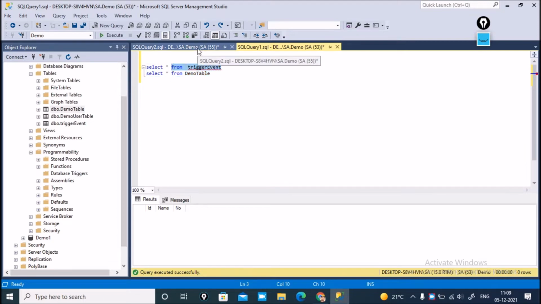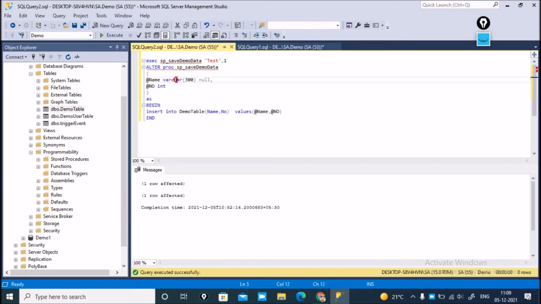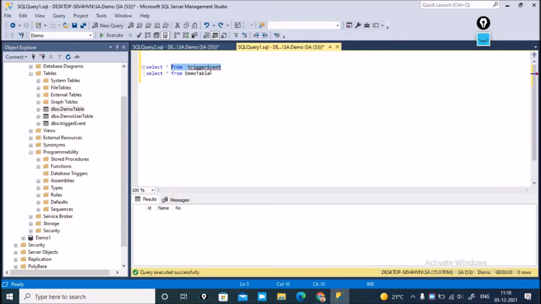Suppose I have already written an SP named save demo data table, and whenever we insert data in the demo table, the trigger automatically fires and inserts data in the trigger event table.